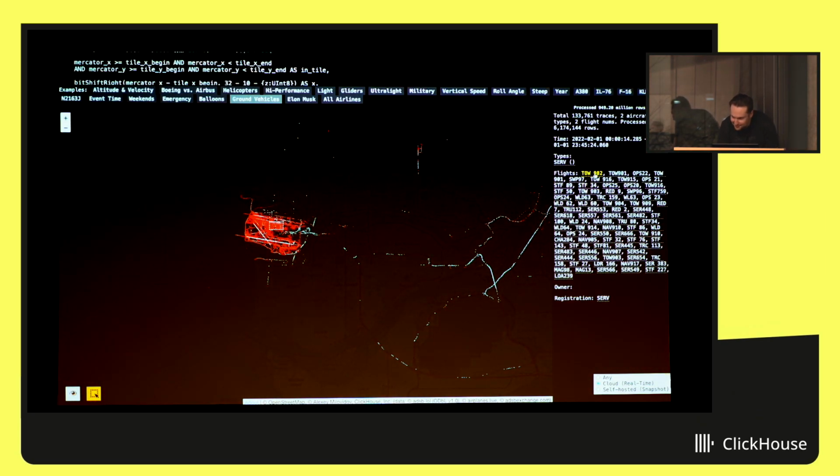What is TOW 902? Because they move planes. Moving airplanes, yeah, probably. Planes on the highway. And the registration number is just SURF, service vehicle. Yeah, a lot of interesting stuff.